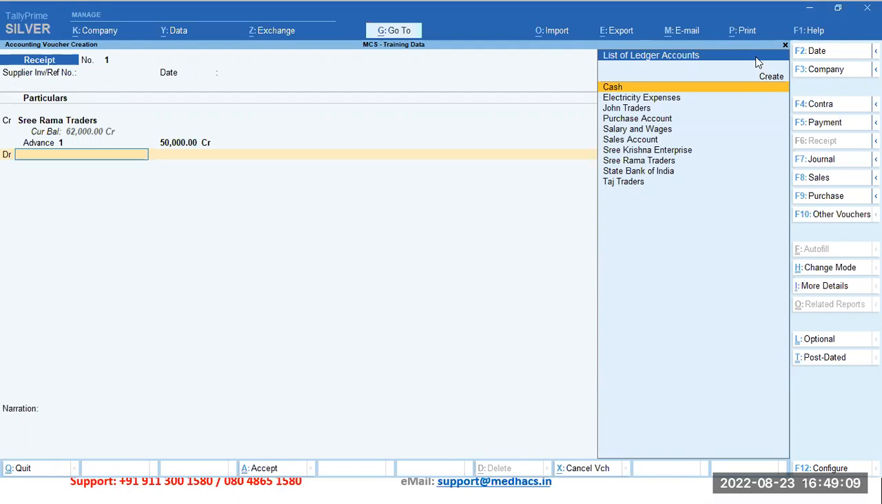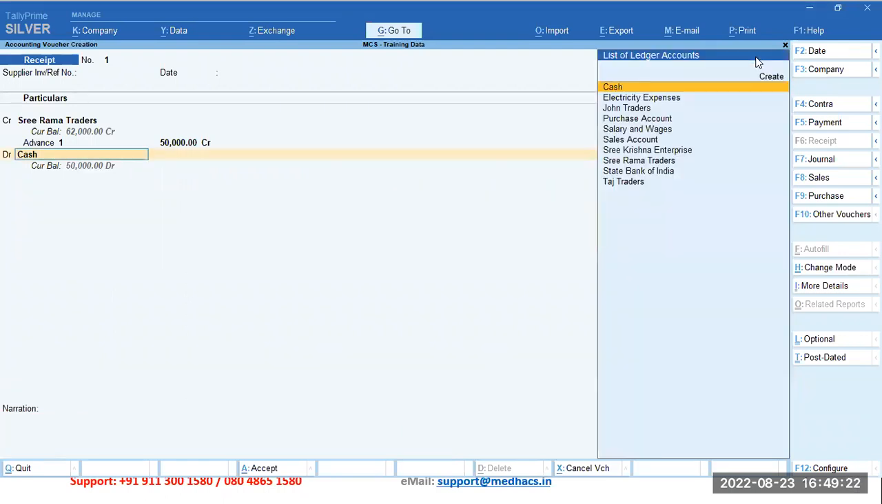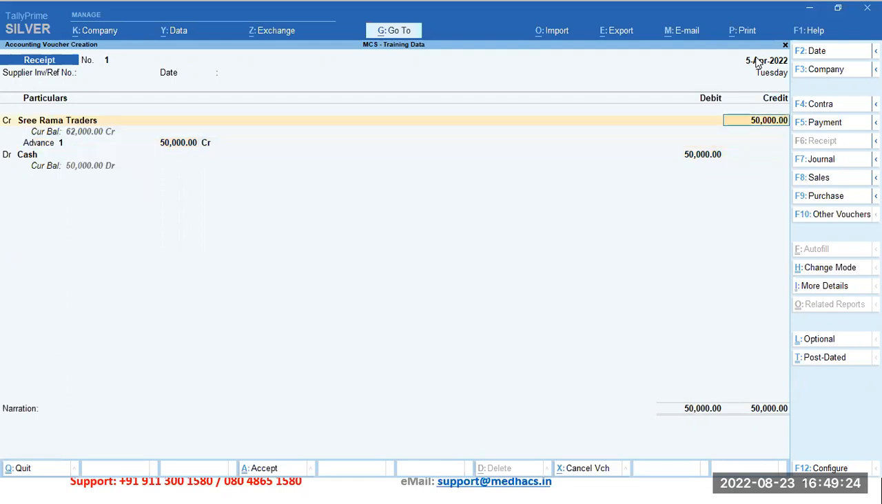For example, I'll say I received it in cash. So it has automatically taken 50,000 received in cash. So I'm giving the narration. This is also not mandatory. So the mandatory fields are,